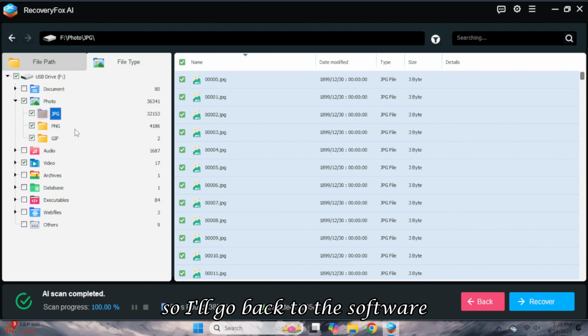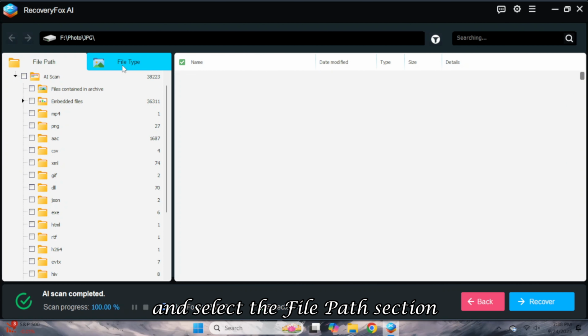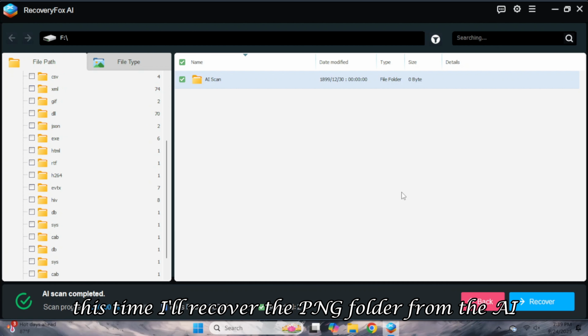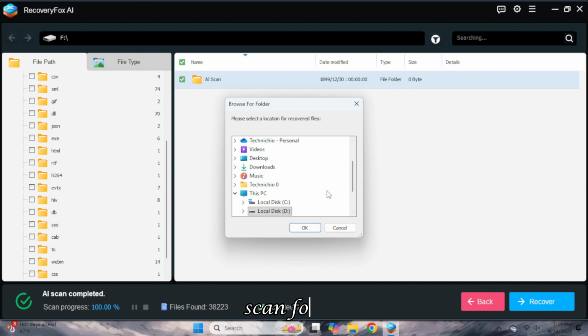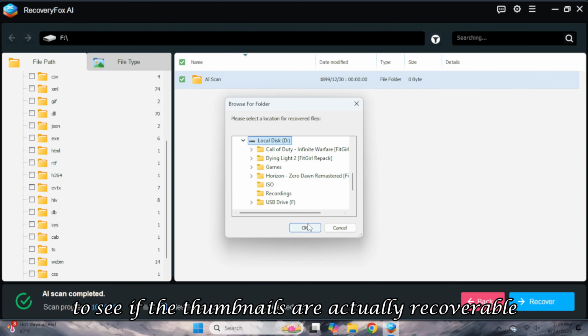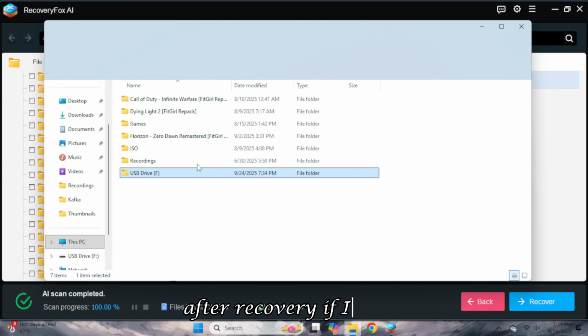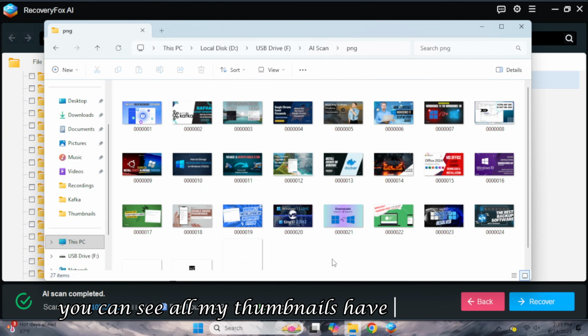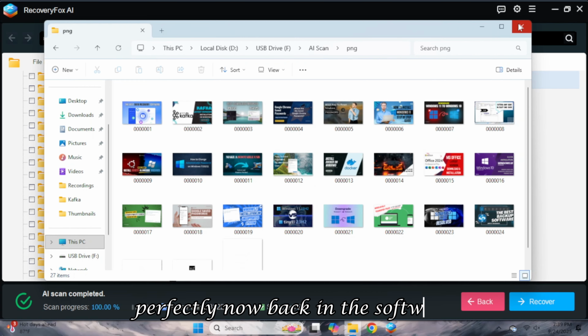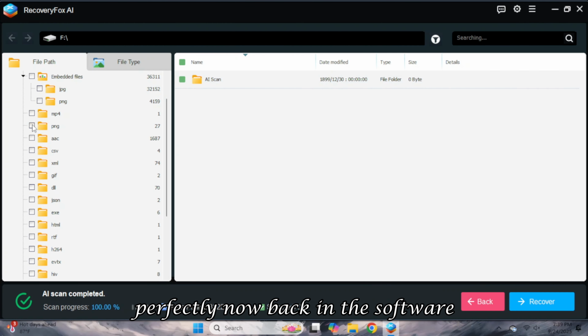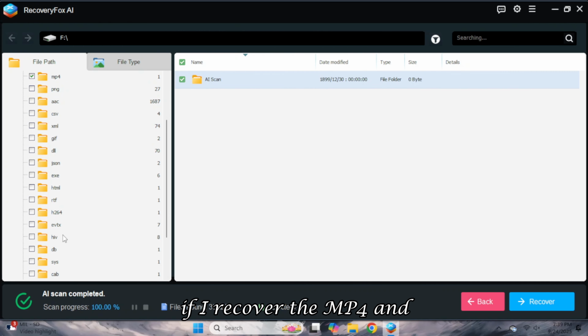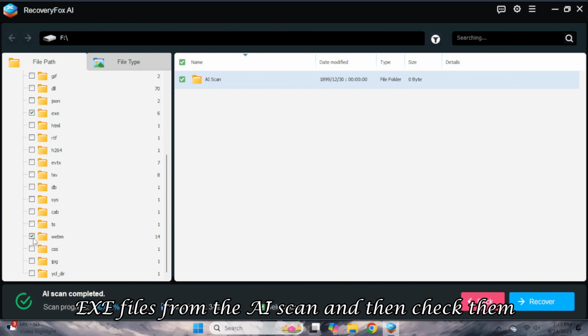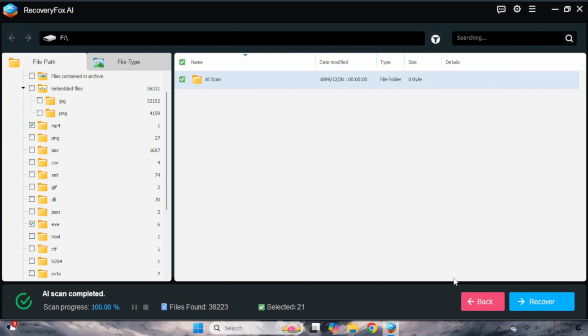So, I'll go back to the software and select the file path section this time. I'll recover the PNG folder from the AI Scan folder to see if the thumbnails are actually recoverable. After recovery, if I check, you can see all my thumbnails have been recovered perfectly. Now, back in the software, if I recover the MP4 and EXE files from the AI Scan and then check them,